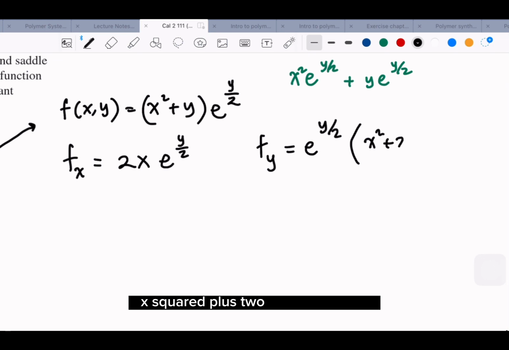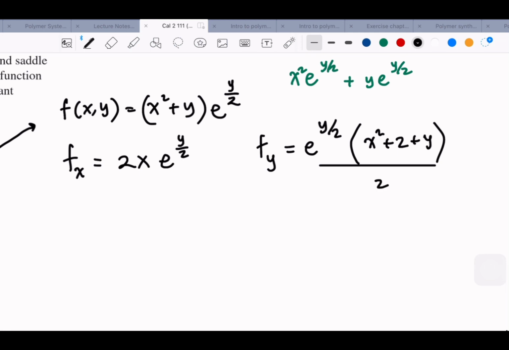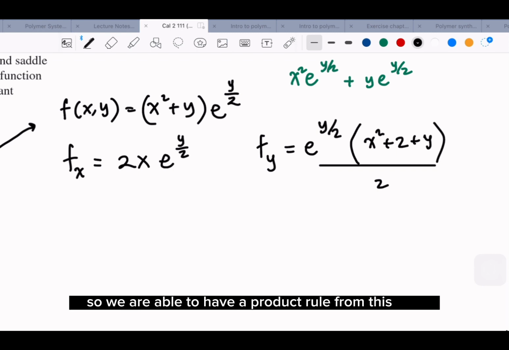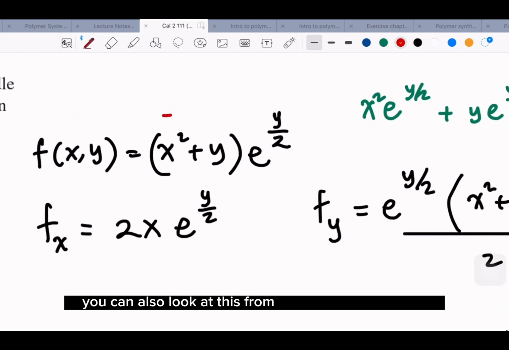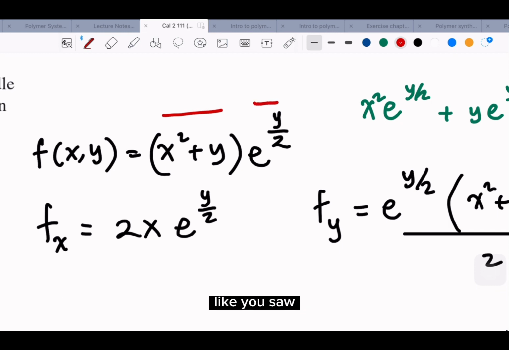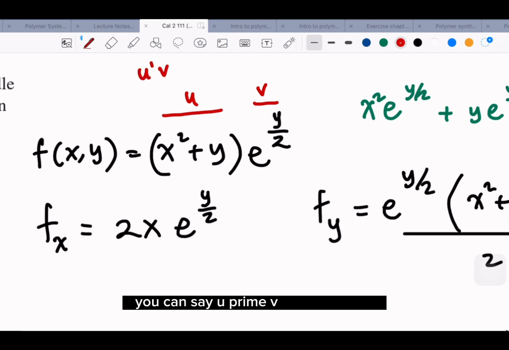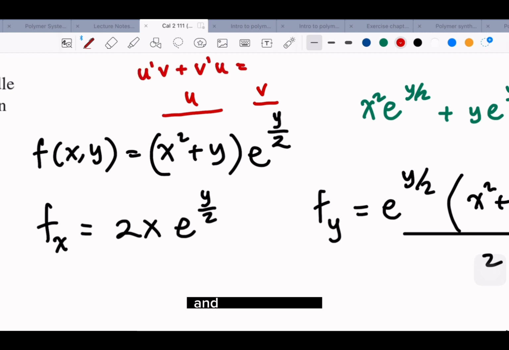X squared plus 2 plus y, right, over 2. So 1 plus 0, okay. So we are going to have a product rule from this part. So if you like also, you can also look at this from 2 different functions like usual. Let's say this is u, v. You can say u prime v plus v prime u. And then we could